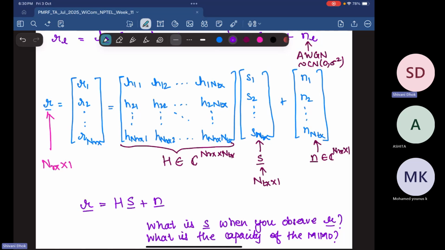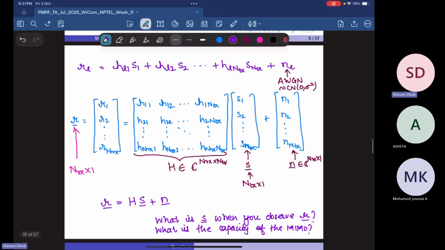So today, since we did not cover anything in much detail in the MIMO part, I won't be taking any questions related to MIMO today. I'll focus only on the CDMA part. We'll see examples of how to apply the receivers, interference and all those things. But today I won't be touching on the MIMO part. We'll have a detailed discussion on MIMO in the next week. If you have any questions till this point, feel free to ask. Otherwise, I'll move on to the questions that I have planned to cover today.